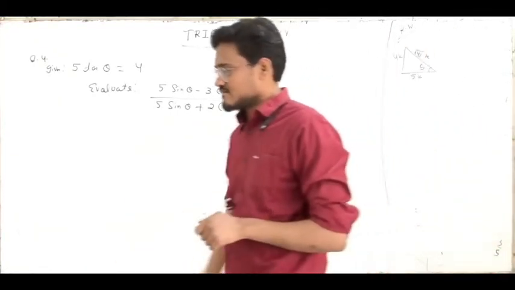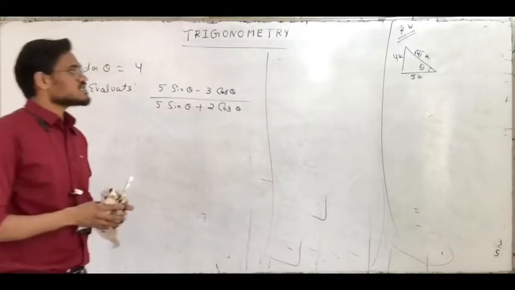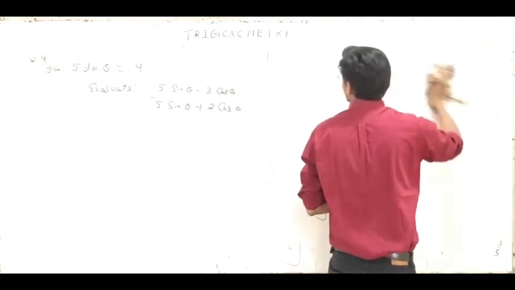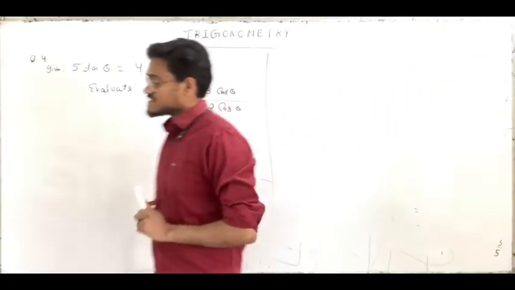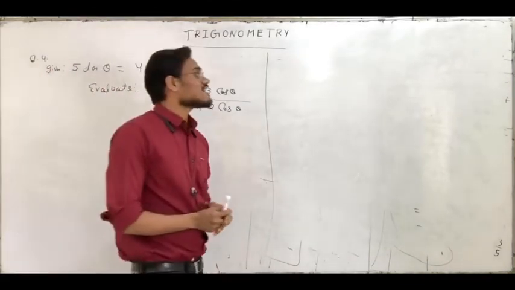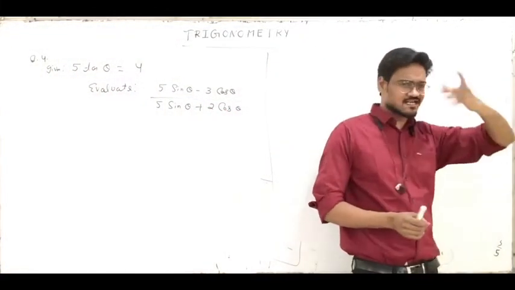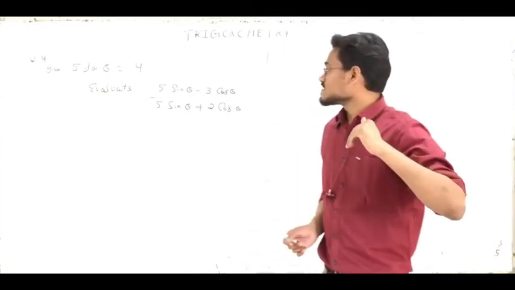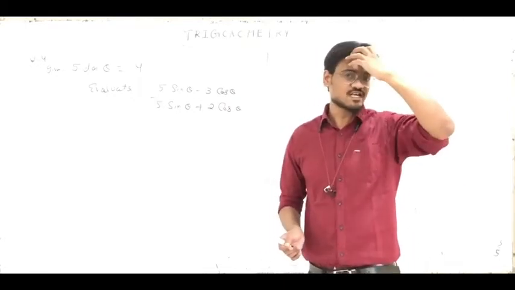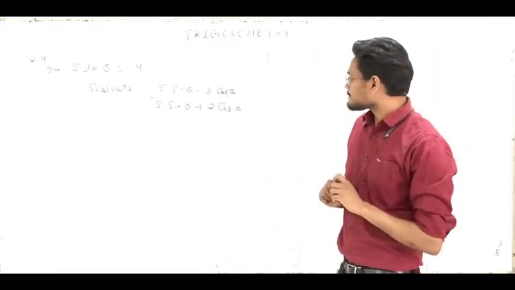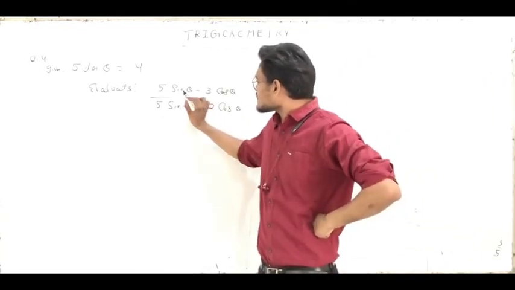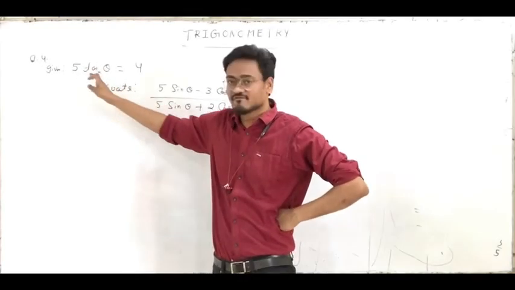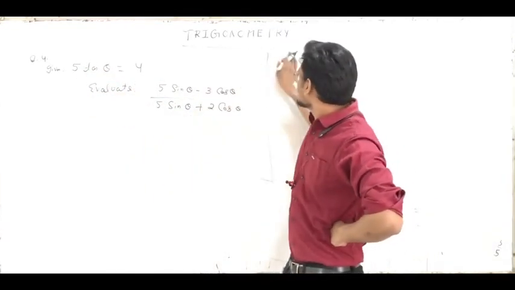we have another way also. If you just use the smart thinking, the smart way of solving this is, we know the tan theta is sin theta upon cos theta. We know the tan theta is the ratio of sin theta and cos theta. In the quotient relation we have seen sin theta upon cos theta is tan theta. Now students, if I convert all these in terms of tan theta, I have the value of tan theta, 4 by 5, so it can be solved in less time.